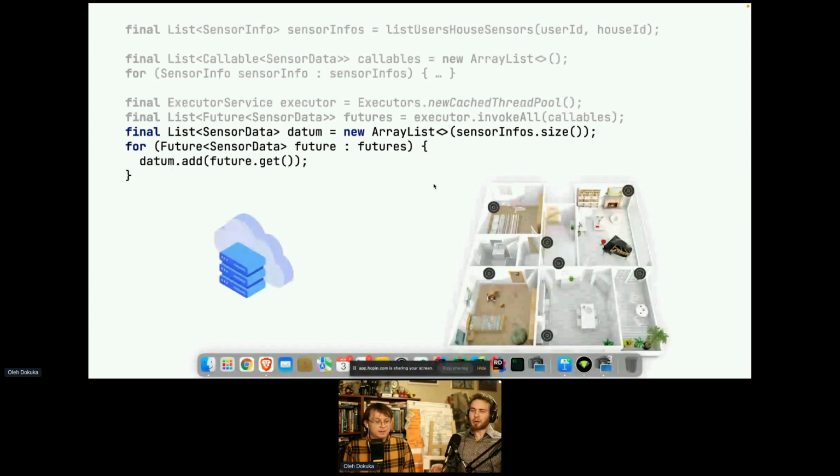Wait, I have a question about invokeAll. Looking at the animation, it looks like invokeAll is a blocking call, and when it's done blocking, we have already collected the data. So why a list of futures? Does it make any sense, or does it work in a different way? No, you are particularly right. InvokeAll, it's strange, but it works as you have described. It is a blocking call, and you should wait until the list of futures is filled by the data. And in this kind of code, the future get will be non-blocking.